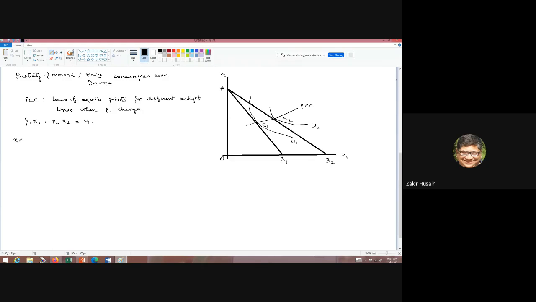আচ্ছা now we make another assumption, the assumption is x2 is what is called Hicksian money or all other goods whose price P2 is equal to 1, ঠিক আছে? তাহলে what is P1 x1? It is simply this. এবার P2 যদি 1 হয় তাহলে এইটা হচ্ছে m minus x2, ঠিক আছে? আচ্ছা এখন OA this is your income m।